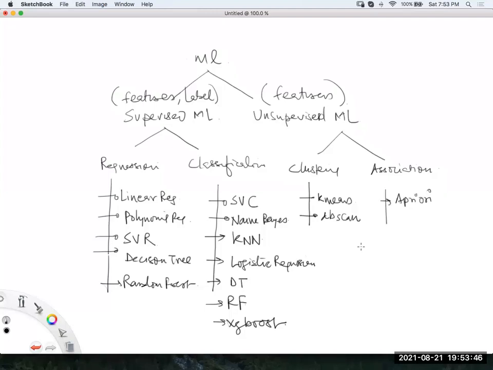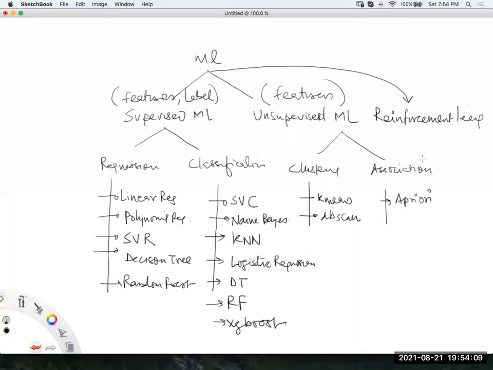Guys, with this, we have one more type of machine learning that I did not talk about yet, reinforcement learning. But reinforcement learning is altogether a different ball game.